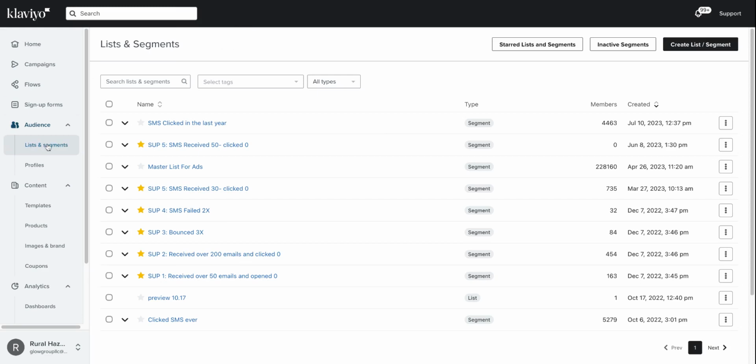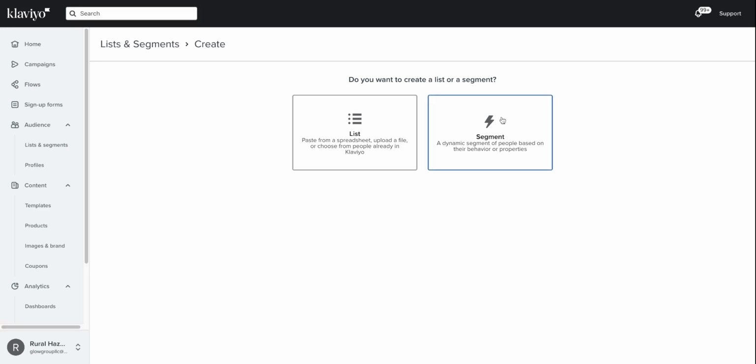So on the left-hand side of your account, we're going to click into List and Segments. And then on the upper right-hand corner, we will click Create List/Segment. And what we're going to do here is create a segment because we're choosing to create a list of people based on a behavior that somebody has done, which in this case is checked out using the point of sale